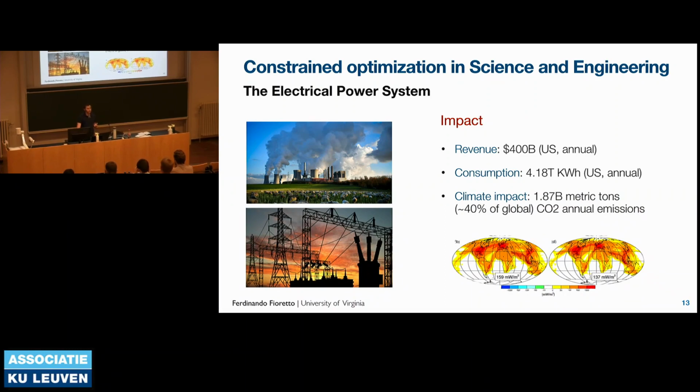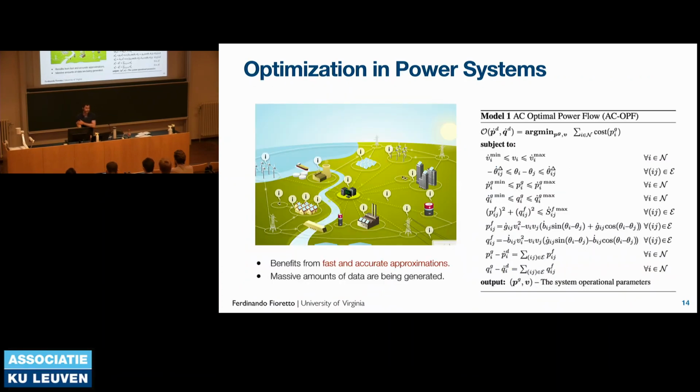In fact, about 40% of the total carbon emissions are produced by electricity generators that are powered by the combustion of fossil fuels. And so if you think about that, those systems are run through a series of optimization problems. So increasing the efficiency of such optimization problems, even slightly, will have massive benefits, right, in terms of economic cost and societal benefits. And the problems that we're solving here are really complex. And so this is to give you an example of the problem that I'm dealing with.